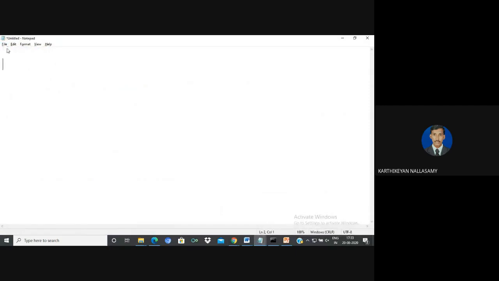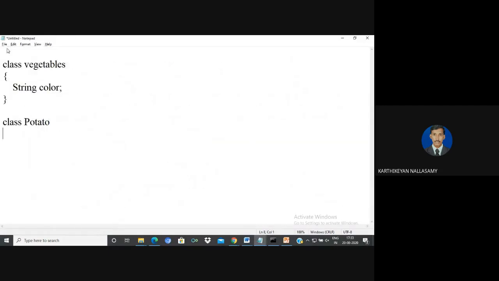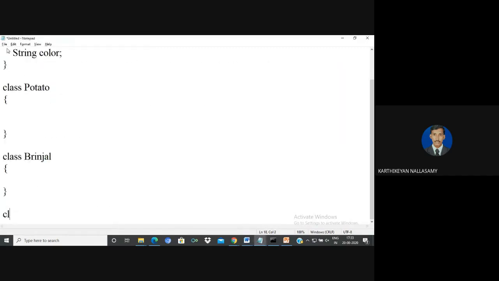So I am going to create one new class, the class vegetables. Here there is one string variable we must define, called color. Then I am going to create three classes: potato, next one is brinjal, then tomato.